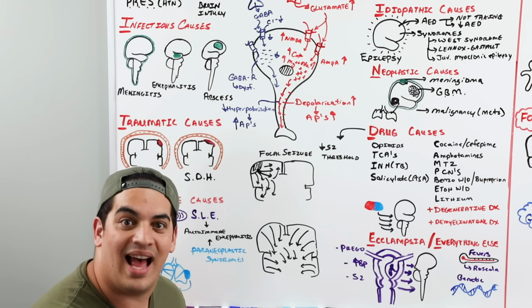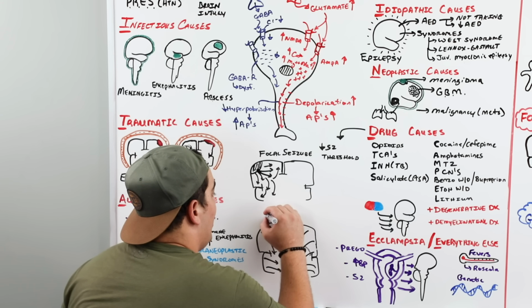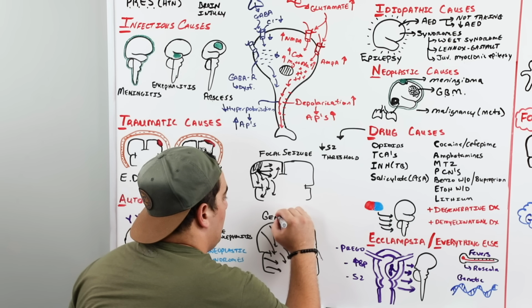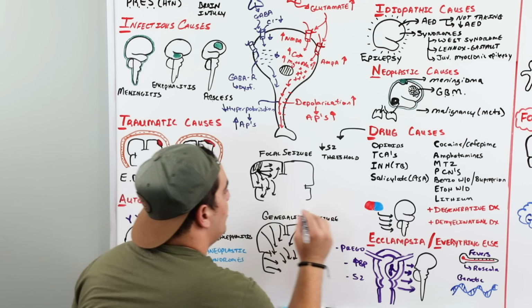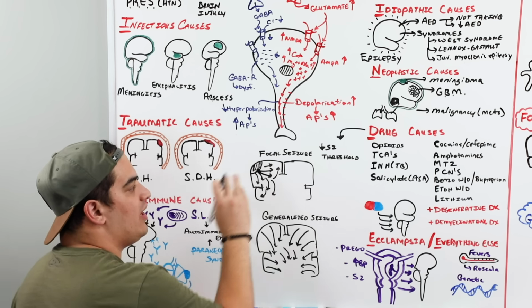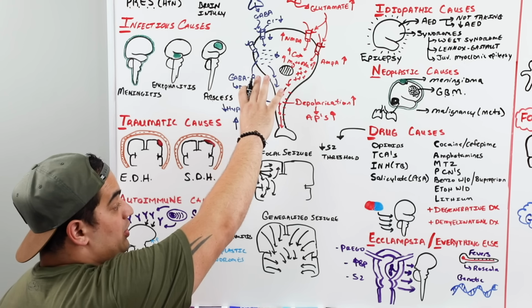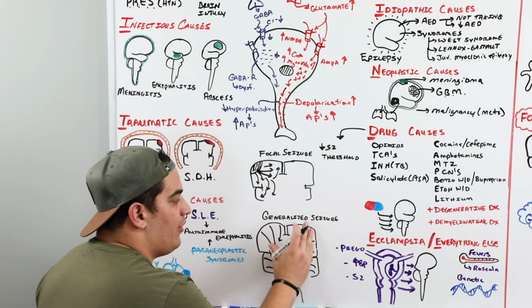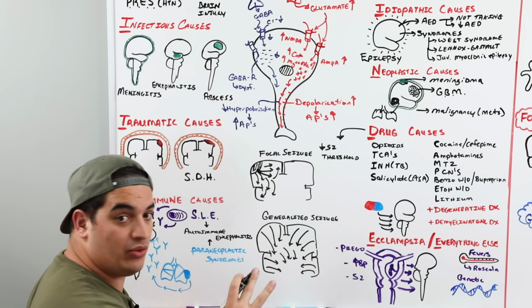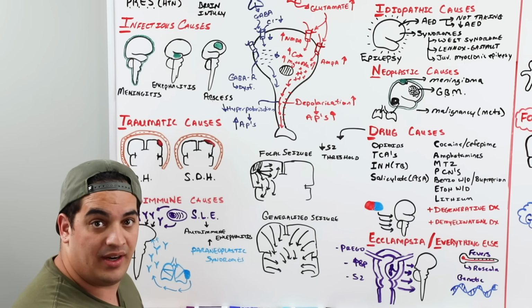Holy crap, what is that called? That is a generalized seizure. So the big thing to remember here: a focal seizure usually occurs at one point and stays within that one hemisphere, due to the mechanism we talked about above. Whereas abnormal, excessive, synchronous electrical activity occurring in bilateral cerebral hemispheres is a generalized seizure.